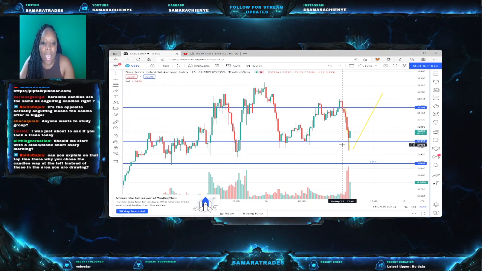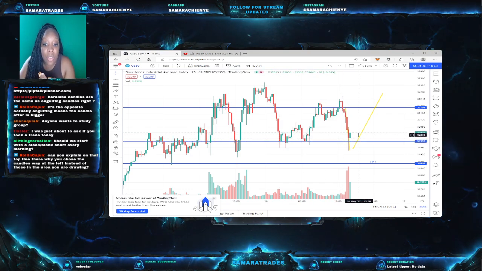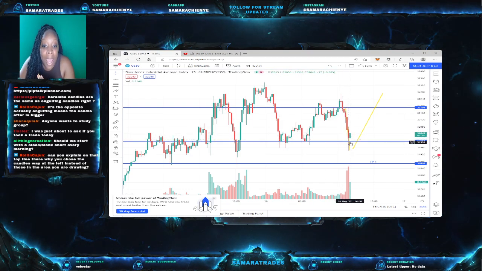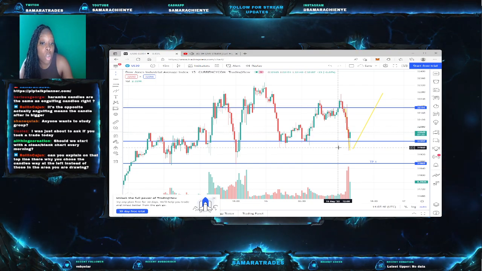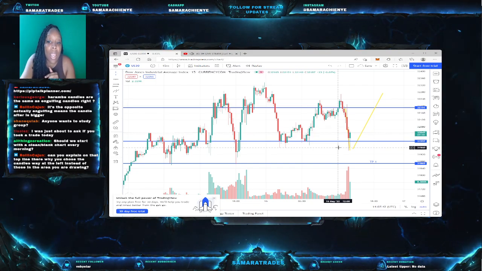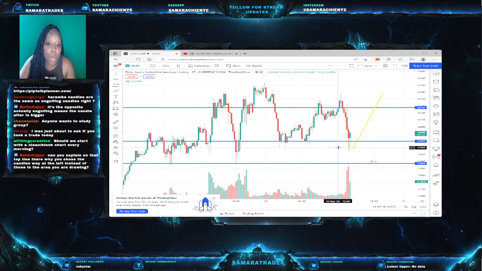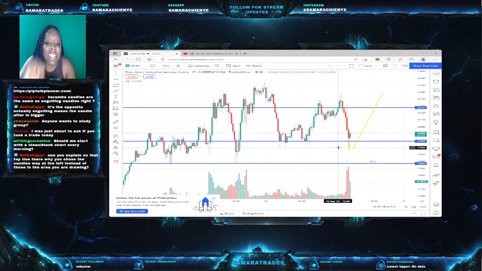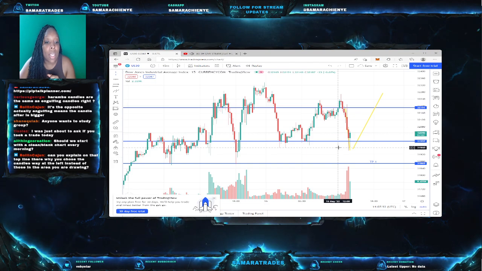You want to wait. So that's why I created my support line. If this candle decides to surpass my support line, that's when I'm getting in. But the only way that I'm getting in is I'm going to wait until 7 minutes, until this candle is done forming. After 7 minutes, if it decides to go beneath this support line, that's when I would get in for a sale.